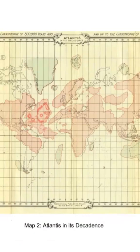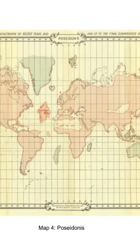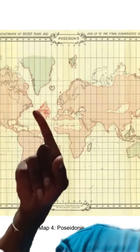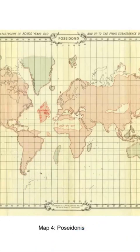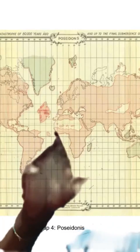And the older you get in the map dealing with Atlantis, the smaller it gets and the further away it gets and the landmass starts breaking. But the water is actually rising as well. Keep that in mind. And now you get what we have now in current day, which is the Poseidon's map, which is Atlantis is small now. The remnants is still in the red. You know what I'm saying? The remnants is in the red. Still America. But it broke off, got smaller, got smaller, got shrunk, and then it fell, aka Bermuda